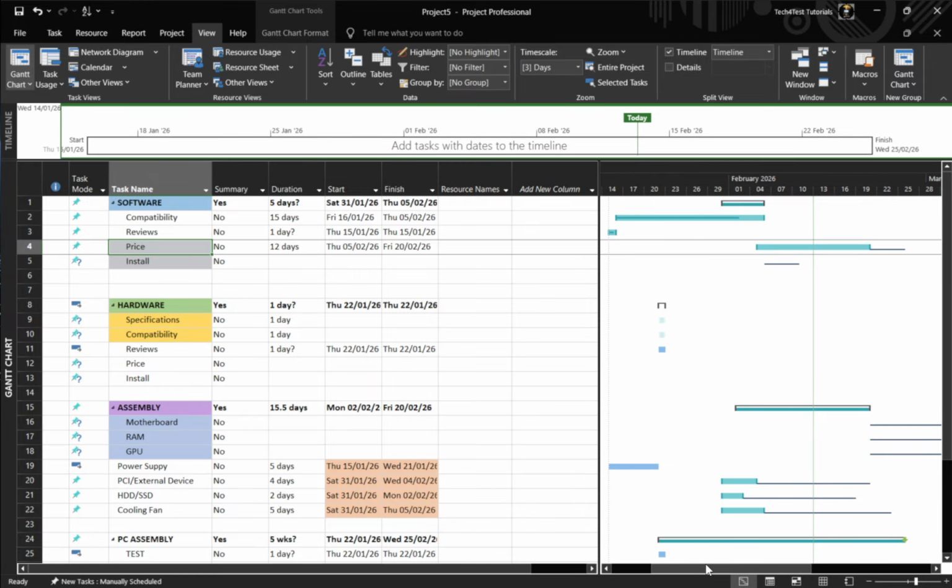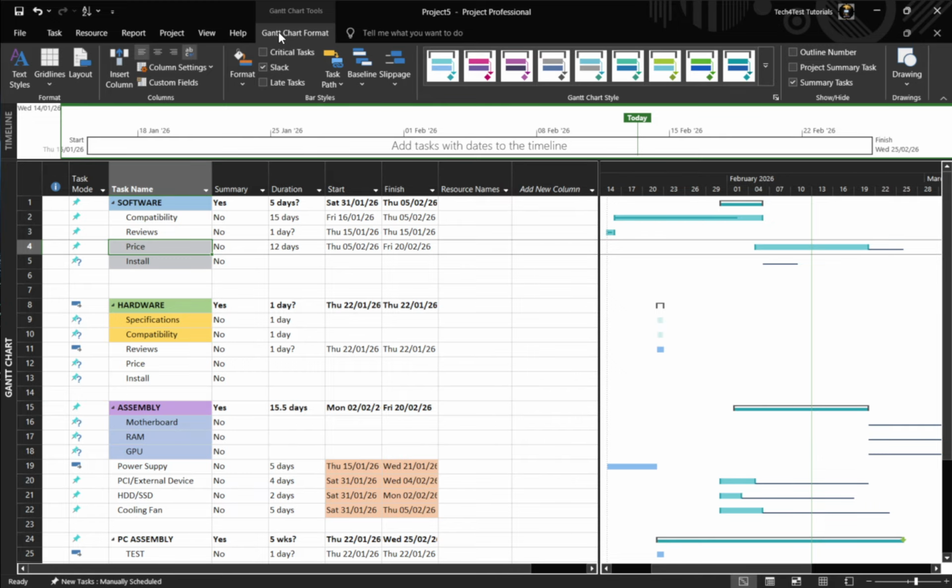Next, turn on critical tasks formatting so those key tasks instantly stand out. On the ribbon, go to Gantt chart format, or in some versions, simply format. Look for the option labeled critical tasks and check it. The bars for critical tasks will immediately change color, typically to red, making the critical path visually pop against the